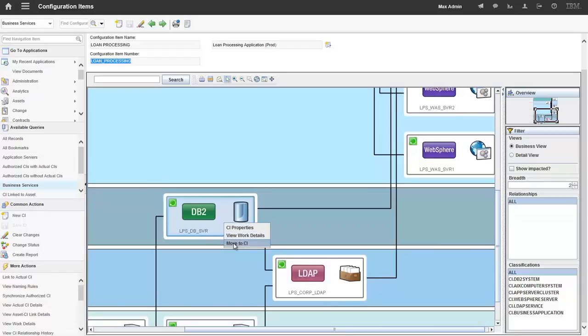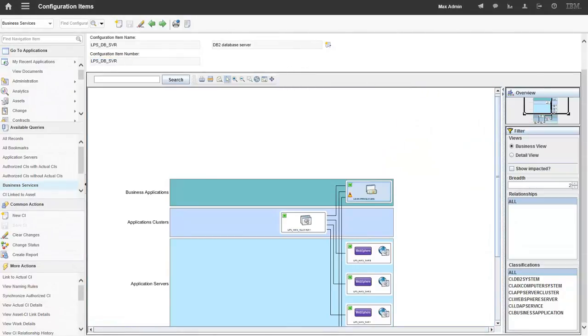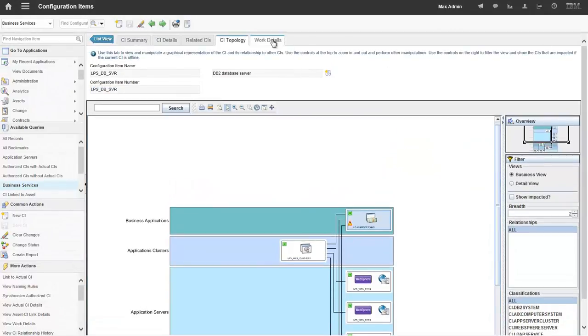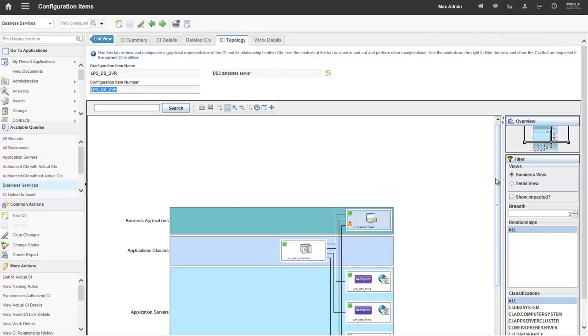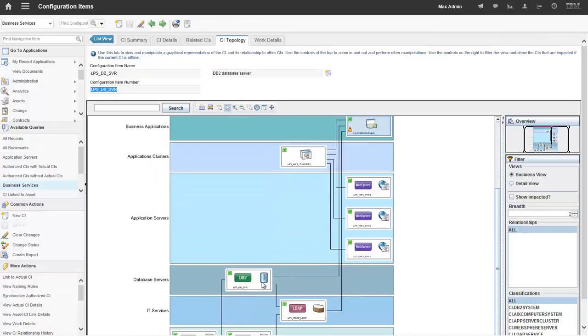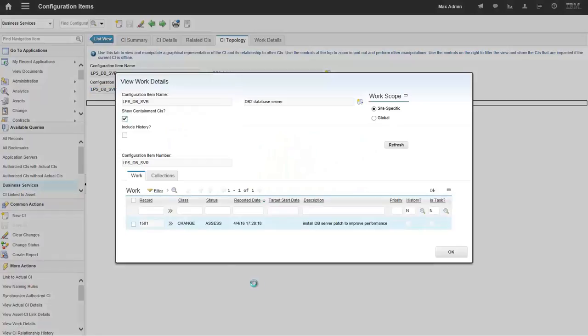So it's moved to this CI. So we can look at the work details tab here. We can see that there's a change. This change that we just added it to, 1501, shows here in the work details. You can also see that in the topology view if you right click, view work details, and you can see